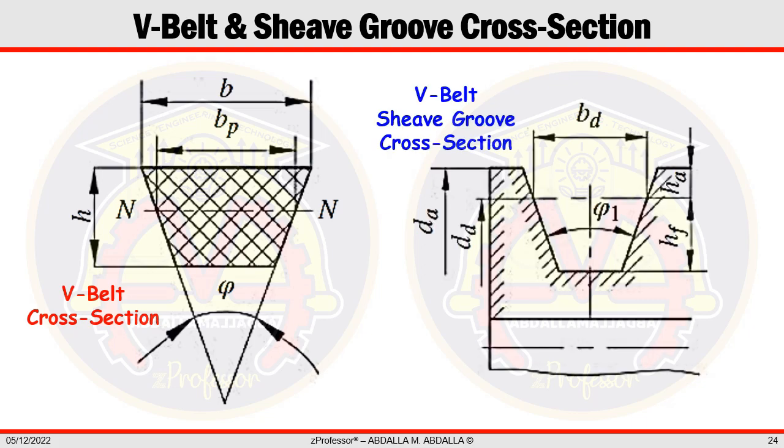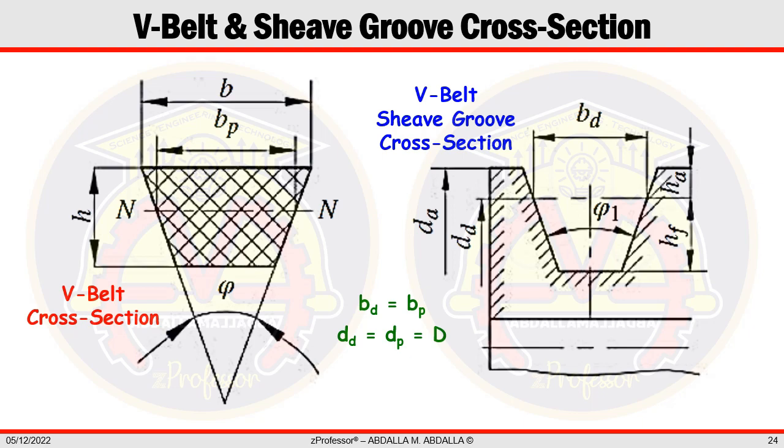At the locations where the neutral axis of the belt contacts the groove, the datum width of the V-belt groove BD is measured. As a result, BD equals BP, or the datum groove width BD is the same as the pitch width BP. As a result, the pitch diameter DP and pitch width BP and the datum diameter DD and groove width BD are the same size. Since the neutral axis of the belt contacts the sheave groove at the sheave diameter D, also known as the pitch diameter, DD equals DP equals D. The belt and the sheave move at the same linear speed at pitch diameter.